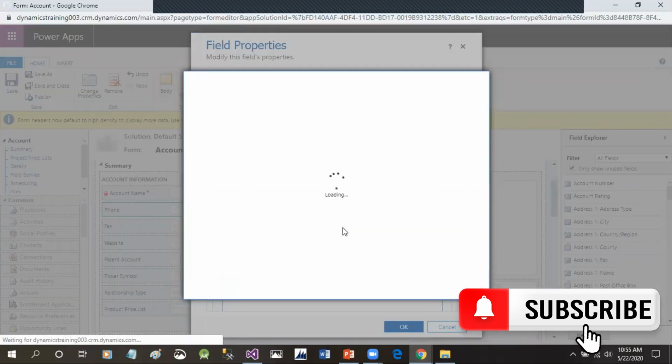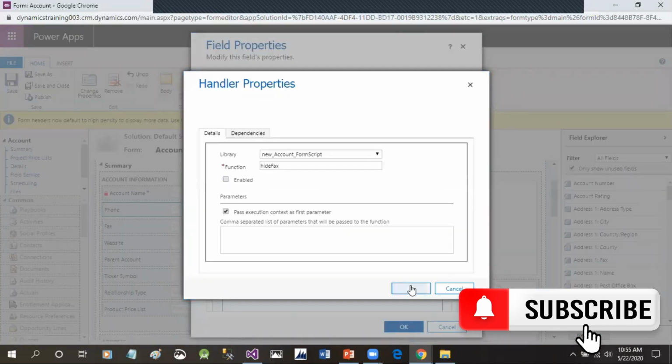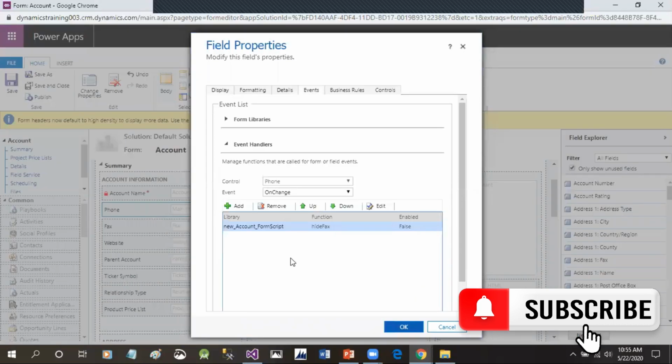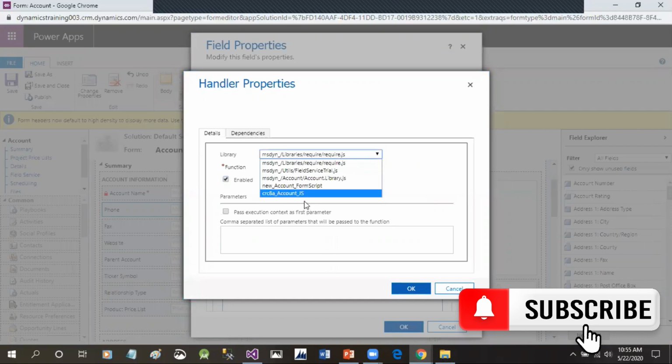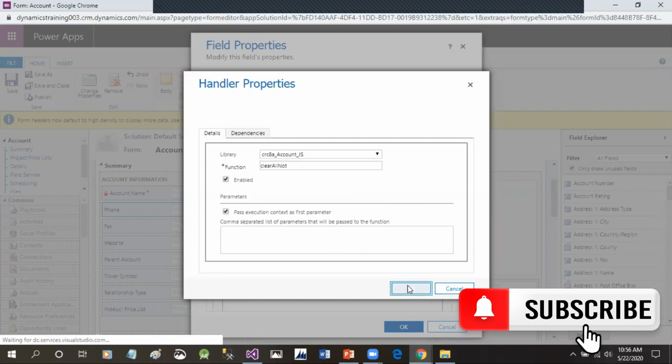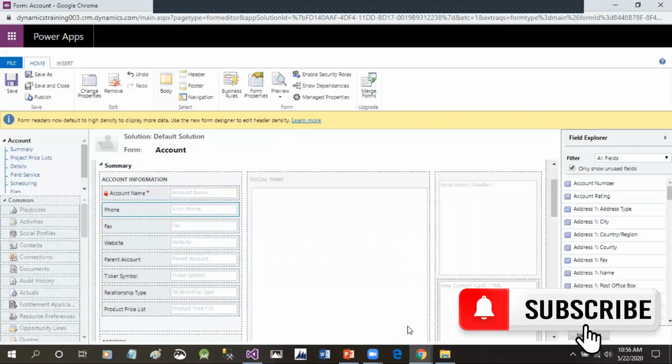You can also keep multiple event handlers, right? You should not always make the existing event handlers enabled false, but for now I just want to set enabled false. Then I can click the add button to add my new JavaScript. The function is clearAllNotification. Click on pass execution context as first parameter. Click OK. Save, then publish.